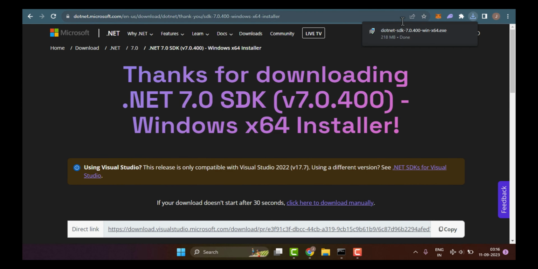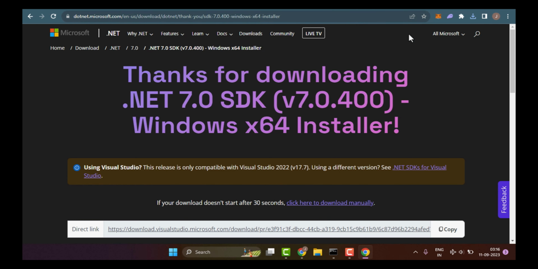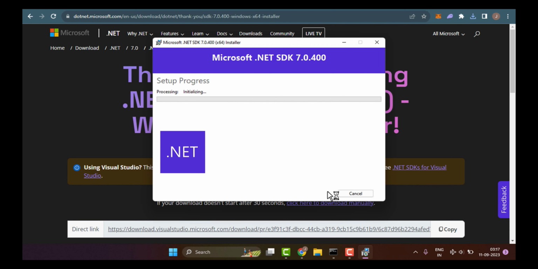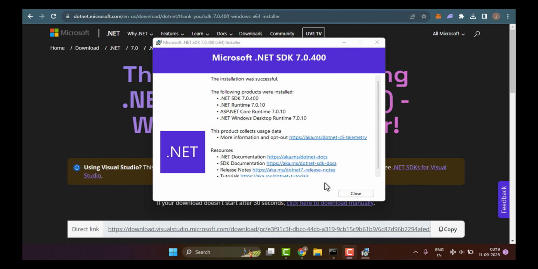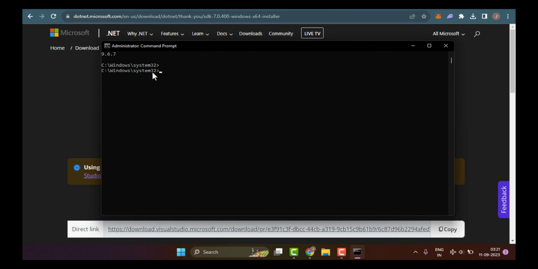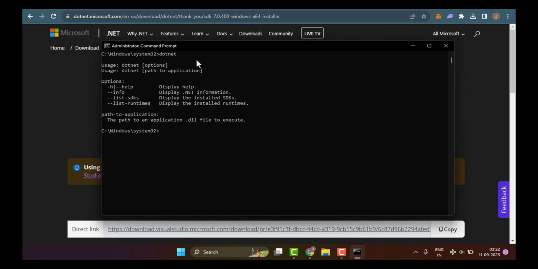To proceed further, let me click on this download button, and yes, our downloading of the .NET software has now started. Once downloaded, let me click on it, then click on the install button. Our installation of the .NET software has now started. And guys, after waiting for a few seconds, you can see our installation has been successfully completed. To check whether or not the .NET installation was a success, all we need to do is go back to the terminal and then simply type .NET. If you see a screen similar to the one in the terminal, then yes, your installation of .NET has been